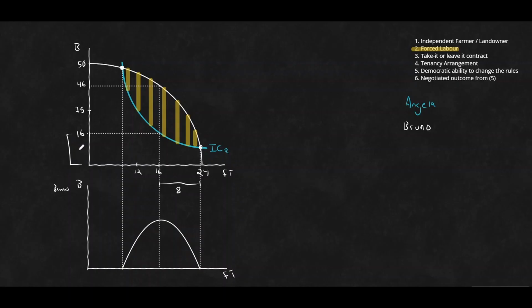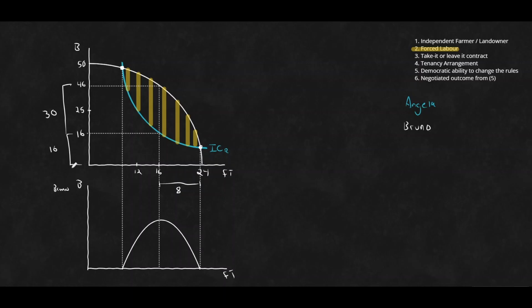Yes, but Angela still needs to be paid some amount of bushels for food, for care, all the rest to keep her from escaping, such that she would get 16 bushels for her labor. And Bruno collects the difference. Bruno would then collect this 16 to 46. So the 30 is what Bruno takes as his reward, the amount of bushels that he gets from Angela's forced labor. This would be our maximizing point.